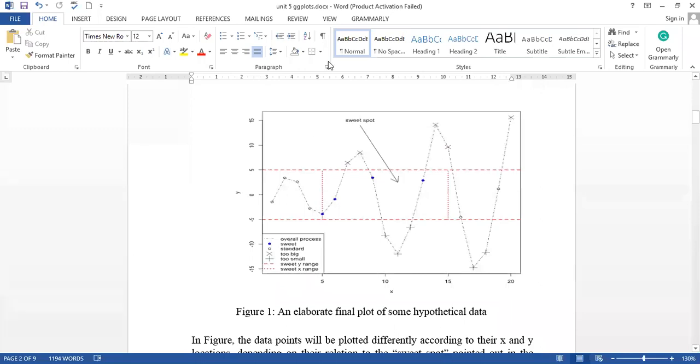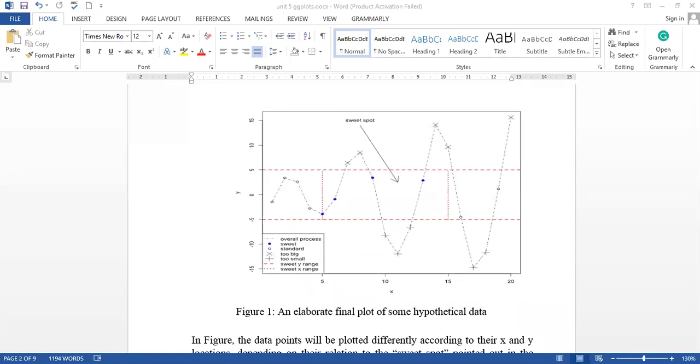Okay. So we'll see in this lecture how to draw all these things, how to draw different boundaries and different symbols. We'll see how we can do it one by one.